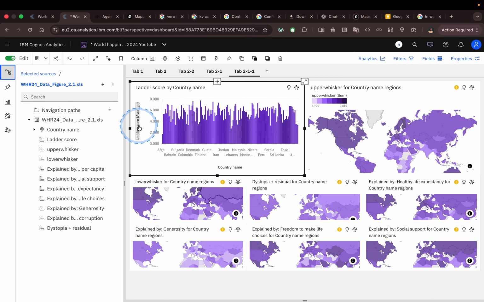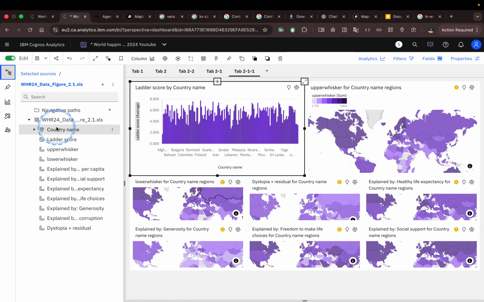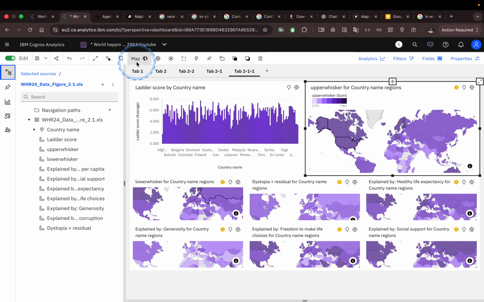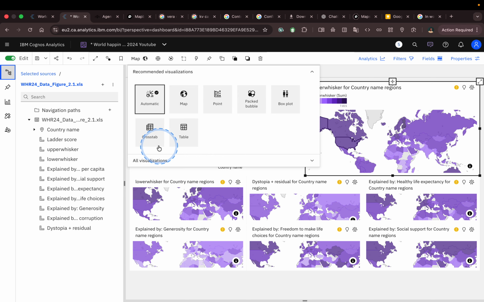So this ladder score, see, one of the highest is Finland. So we can pick. So before we do picking, let's convert them first to column.